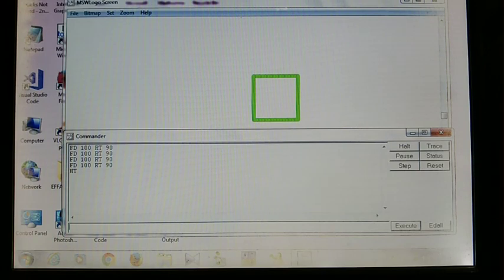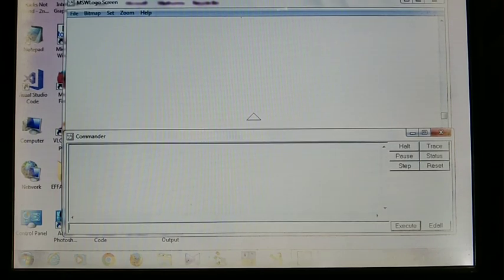Then I want to clean the screen: CS space CT space ST, then enter. I want to draw the same square by using the repeat command.